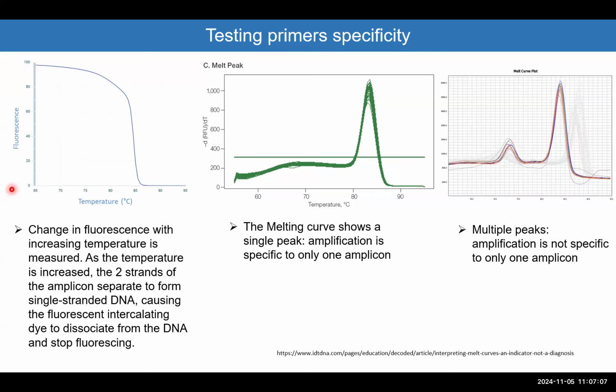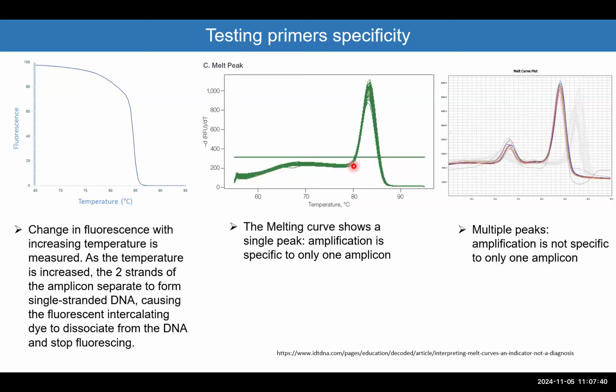So as you can see, I wrote it down. The change in the fluorescence with the increasing temperature is measured. And that's the last step in the qPCR. As the temperature increases, the 2 strands of the amplicon, which are now amplified and have the fluorescence dye, tend to generate a single-stranded DNA, because you are increasing the temperature till the point where you will